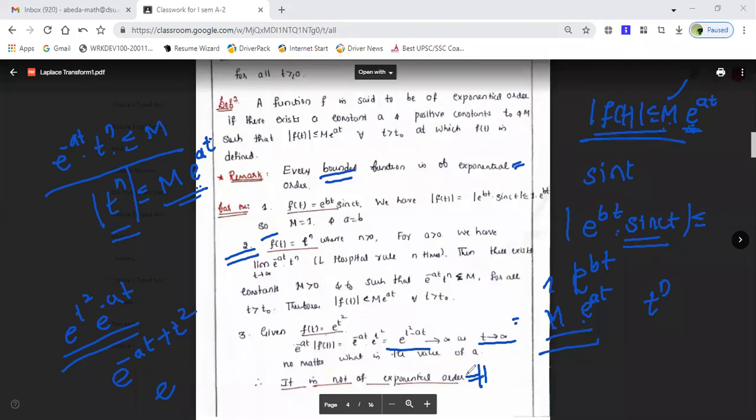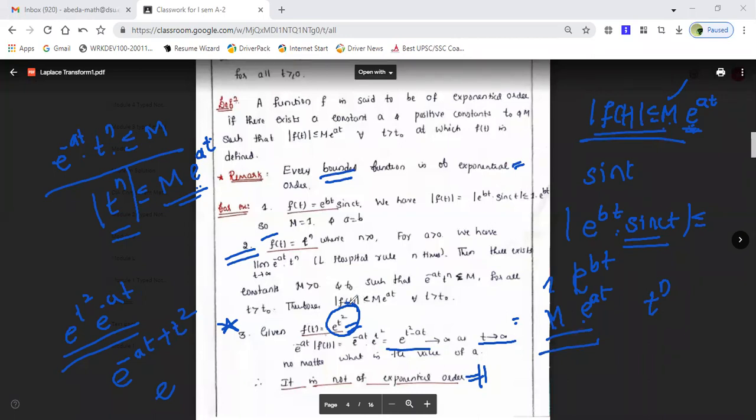So we do have an example which is not of exponential order. It is a very important example, you can make a note of it. They may give it in the choices. When they give the choices, in CBT questions, they will ask: the following is not of exponential order, e to the power t, e to the power minus t, e to the power t square, none of them. So the answer is e to the power t square.